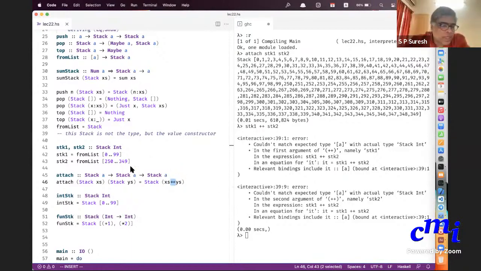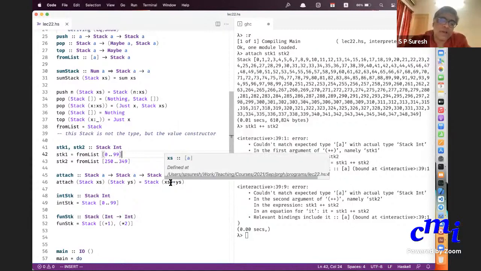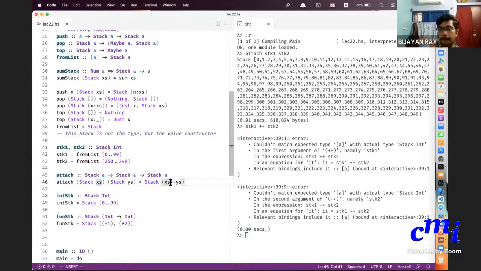But do you realize the point I'm trying to make? That this plus shouldn't be allowed at all for a. In fact, if I'm going to provide you with an abstraction of a stack, then the only operations you should be allowed to do are push and pop. In fact, you can do an attach on the stack, but the way you should do it is you should somehow extract every element from one stack and then push it onto the other stack. That is all you are allowed to do.